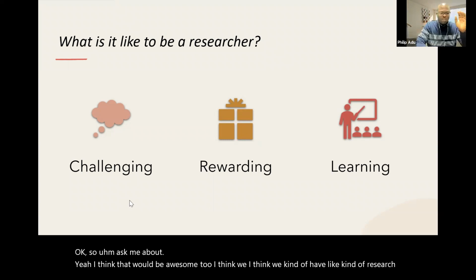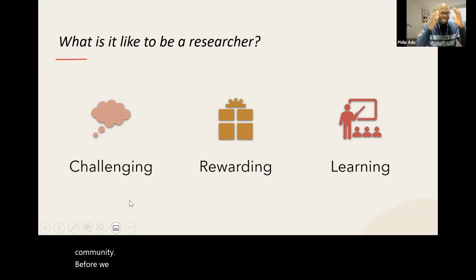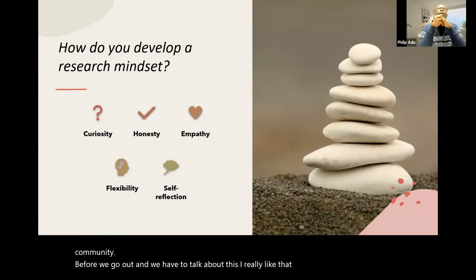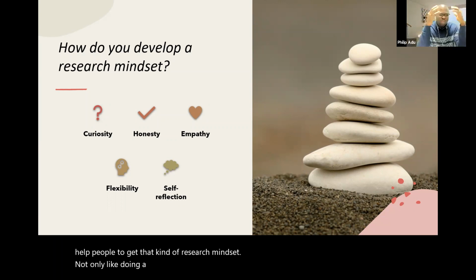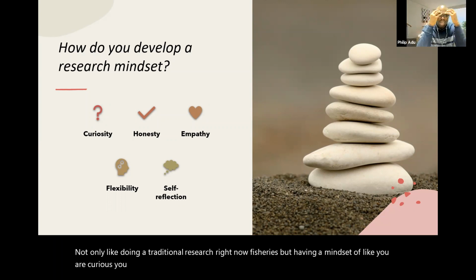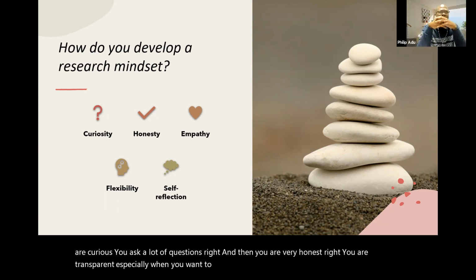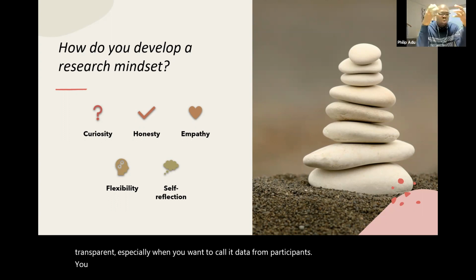Before we go, I think we have to talk about this. I really like the idea. My goal in life is to help people to get that kind of research mindset. Not only doing traditional research, the official research, but having a mindset where you are curious, you ask a lot of questions, and you are very honest. You are transparent, especially when you want to collect data from participants. You want the participant to know your intentions. And if you are open to participants, you know what happened? They also open up and